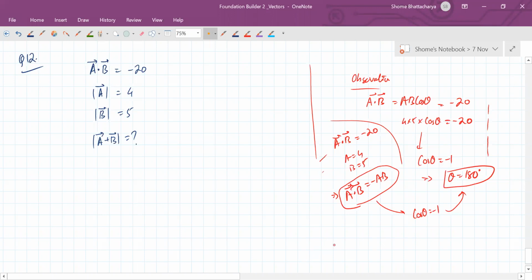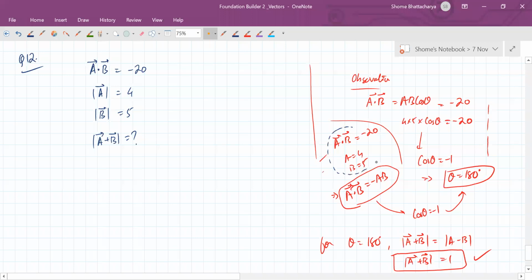Now you know that when cos theta is minus 1, so for theta equal to 180 degrees, the magnitude of A plus B actually becomes the difference of their magnitudes. So it should become 1. This is the simplest way of doing it, by pure observation, without using any formula. If you are able to cleanly observe this, then you can immediately do the question by this. However, if you are not able to observe, then you can use the formula I told you,